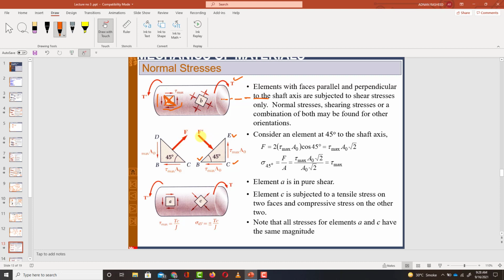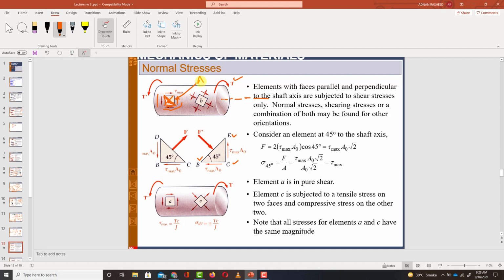Clear? So when you cut it, there will be a normal force acting perpendicular to this surface, and on this face there is a maximum shear stress,